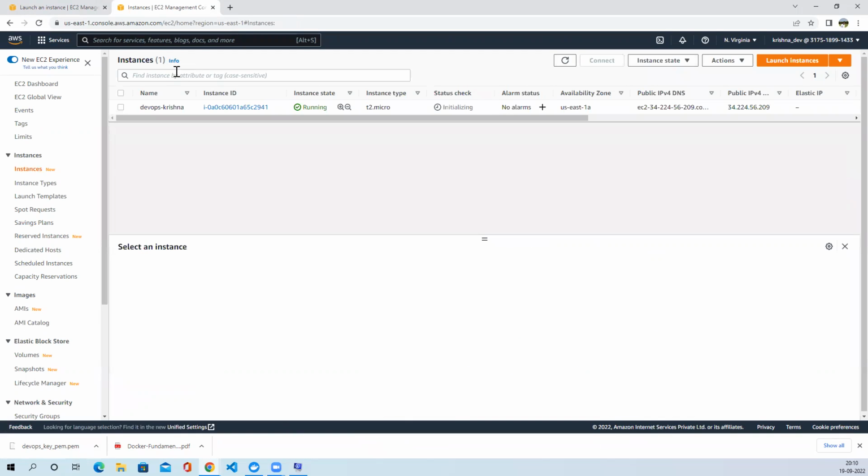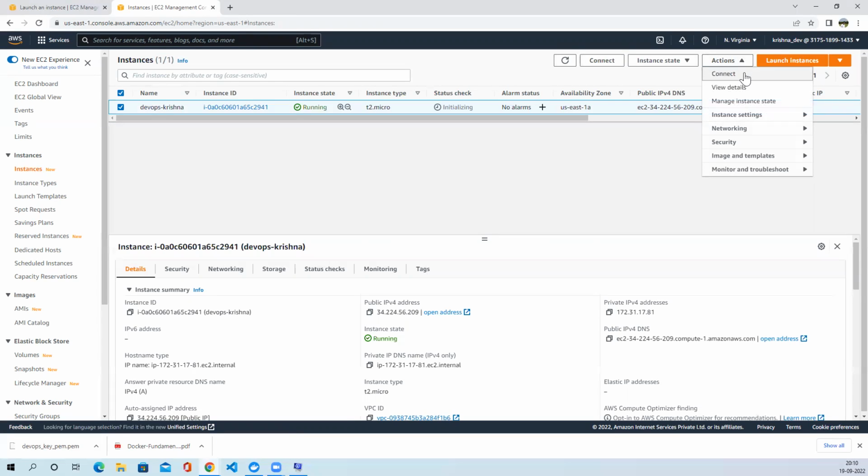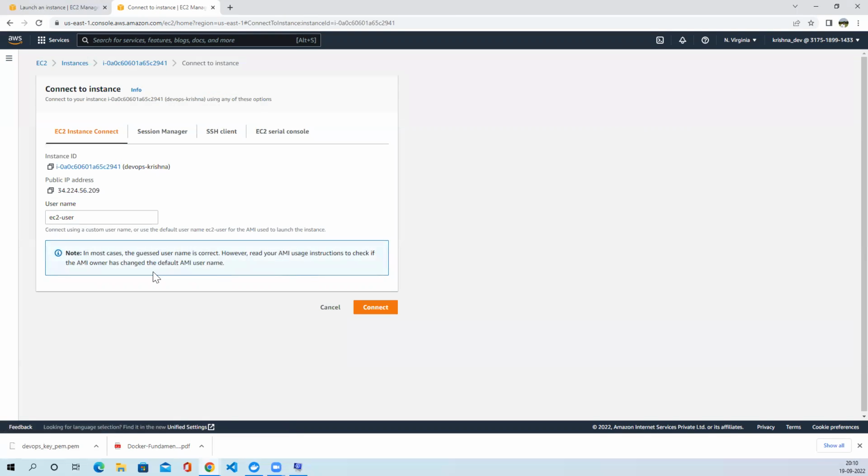Okay. So just go back to this instance, click on top of this instance, and connect. Here, if you click on the actions, there is connect. Click on the connect. Here you are having some EC2 user. So just go for the connect. Once you click on the connect,